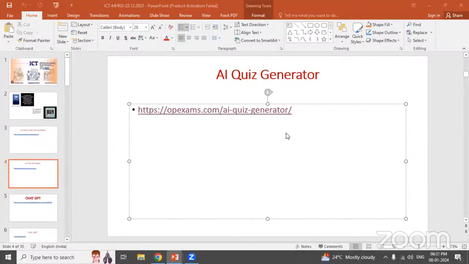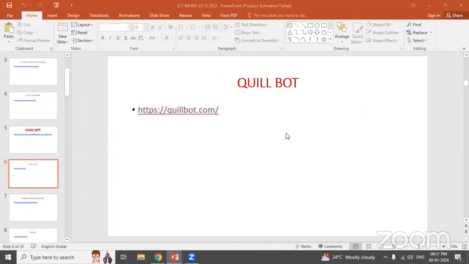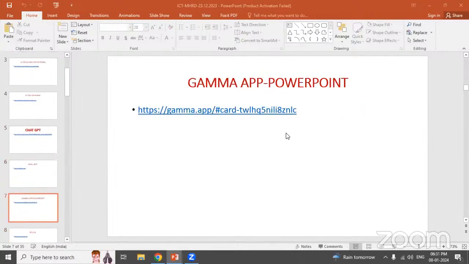I think I've come back to my PPT now. I have created my PowerPoint only with MS Office PowerPoint, but there is one interesting app which is used for creating PowerPoints within seconds. You need not select a template. We need not go for the font style or justification. All that is done in one stroke by this particular Gamma app.